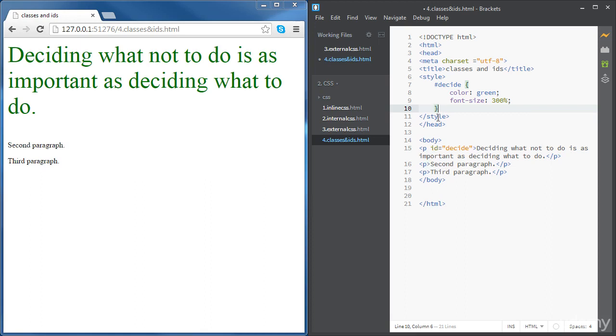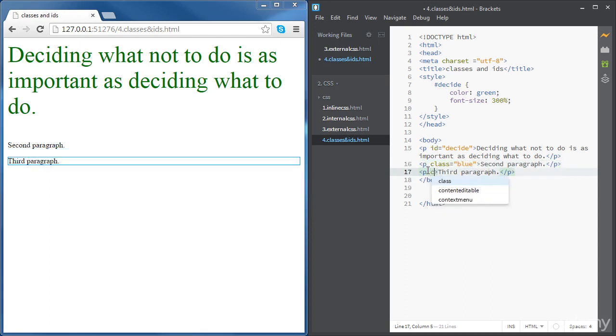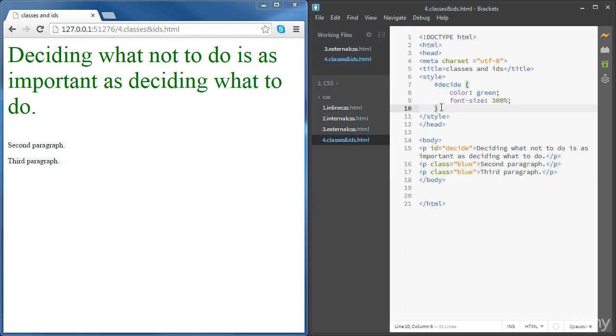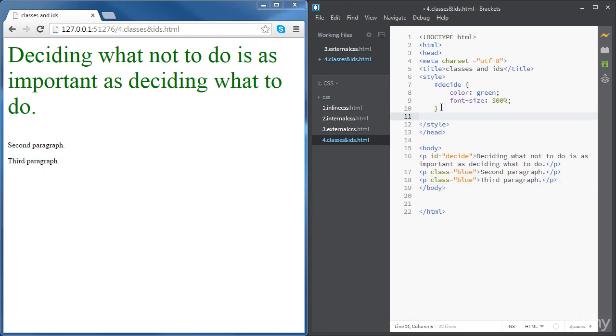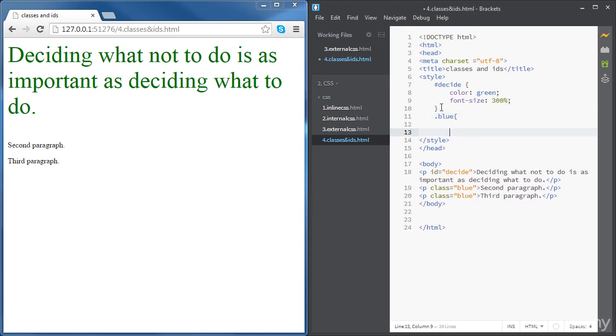It's by using the class concept. So the way to do that is by giving both paragraphs the same class name, for instance blue, and then we're going to style the class with a blue color. So the way to style classes is by using the dot followed by the class name. Okay, and then now we can set the color to blue, and you can see that both paragraphs now are